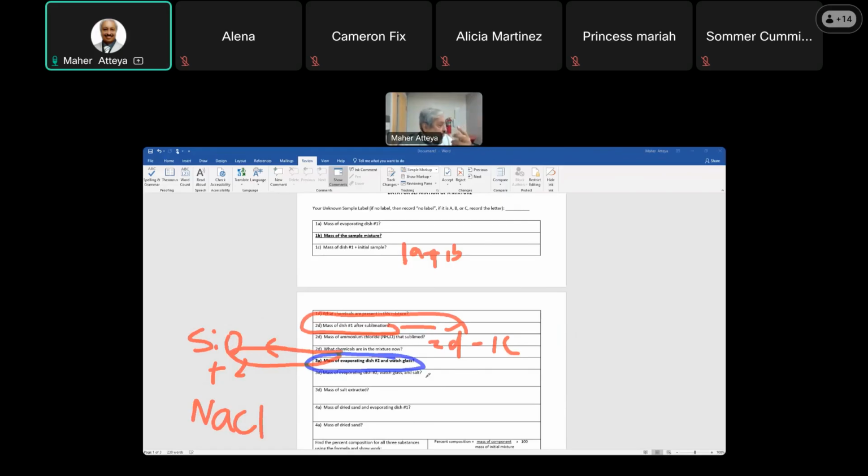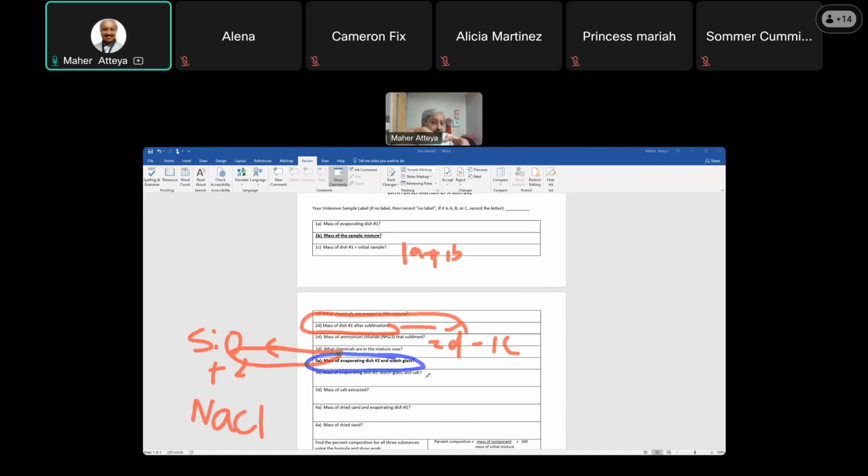It does not have to be distilled water, tap water is fine. And with the rubber policeman, we call it a glass stirrer, you stir your solution and you decant. So to this one here, I would add 10 mL tap water. It has now sand and sodium chloride. Ammonium chloride is gone. I have sodium chloride and what? Silicon dioxide, the sand. I added 10 mL, stir with the stirring rod, and then I have the second evaporating